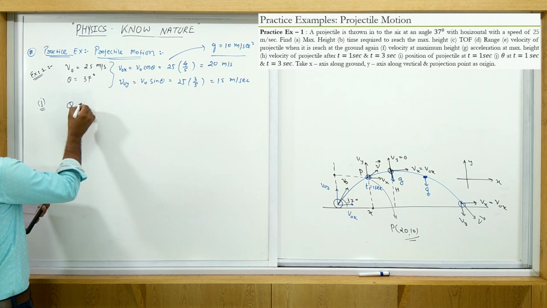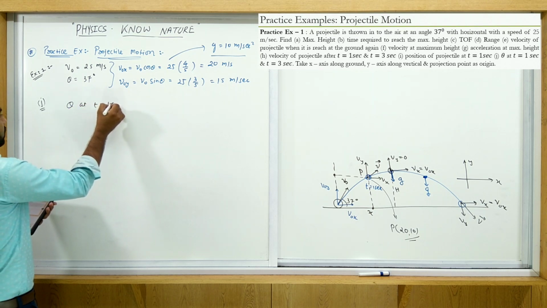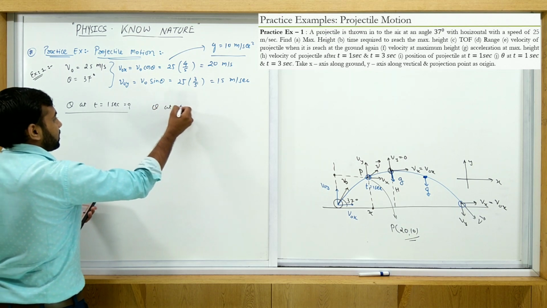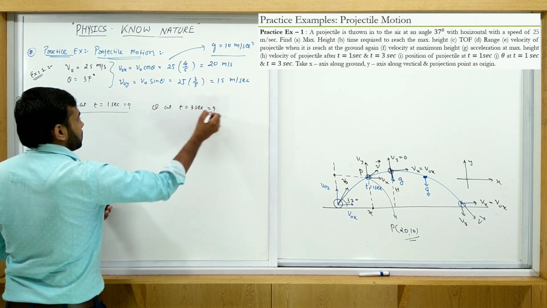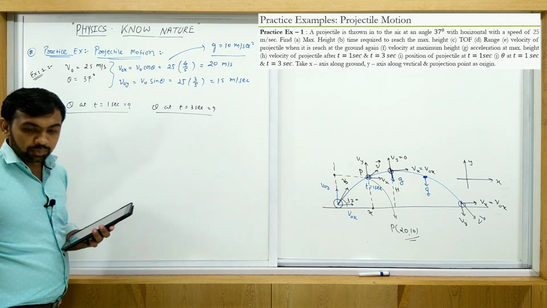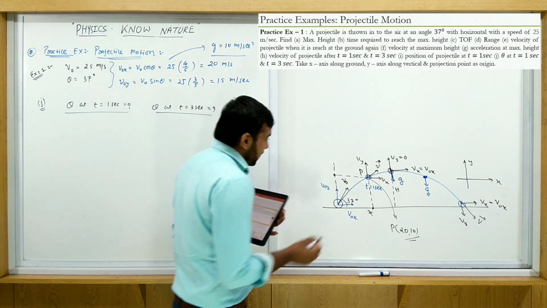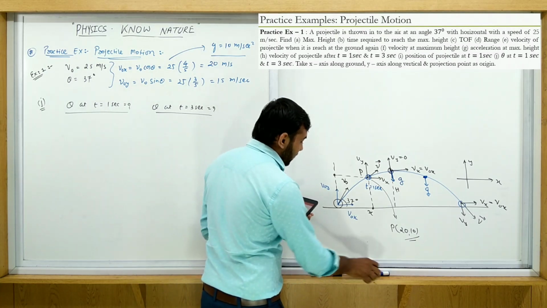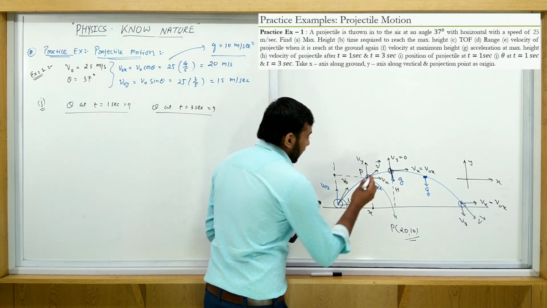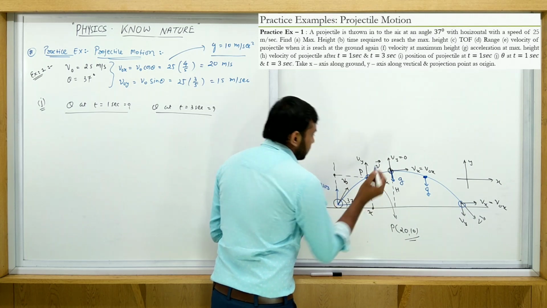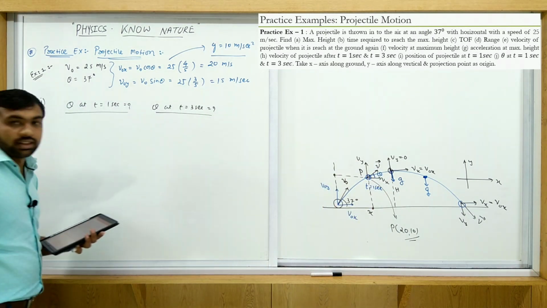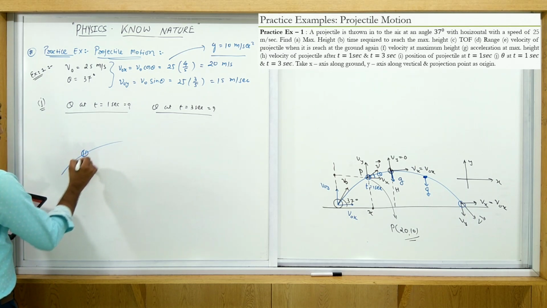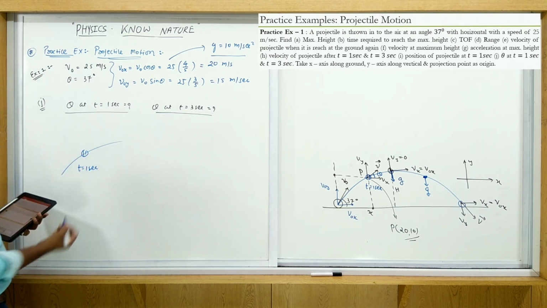So theta at t equals 1 second is equal to what? And theta at t equals 3 seconds. So we have to find these two thetas. If you consider this situation, I'm just drawing here t equals 1 second. You find this angle with this axis, theta, then you just find this theta. How do you write this? Suppose this is the path, and the object is at t equals 1 second here.